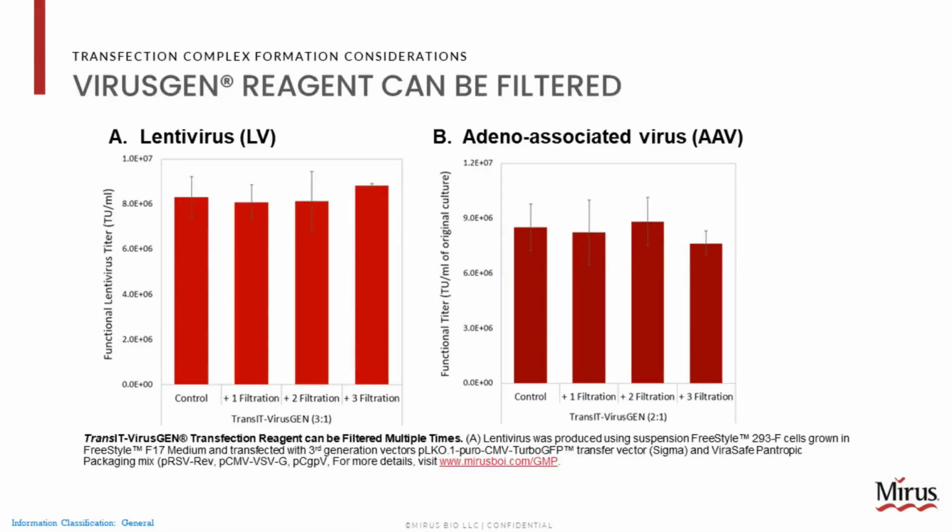So for a viral vector process, our complex tends to be 1 to 4 plasmids, VirusGen, and our formation solution. That can be our media, phosphate buffered saline, or our complex formation solution. And as we get those individual components into one bag or mixing operation to make that complex, we're going to probably need to filter sterilize one or more of these components. And the good news here is VirusGen can be filter sterilized multiple times without any issue.